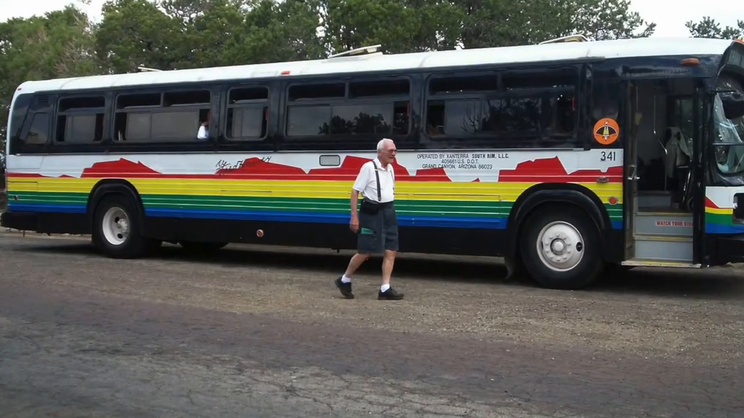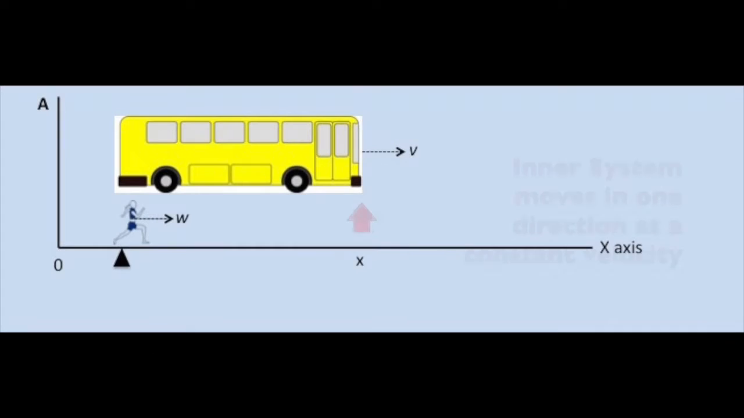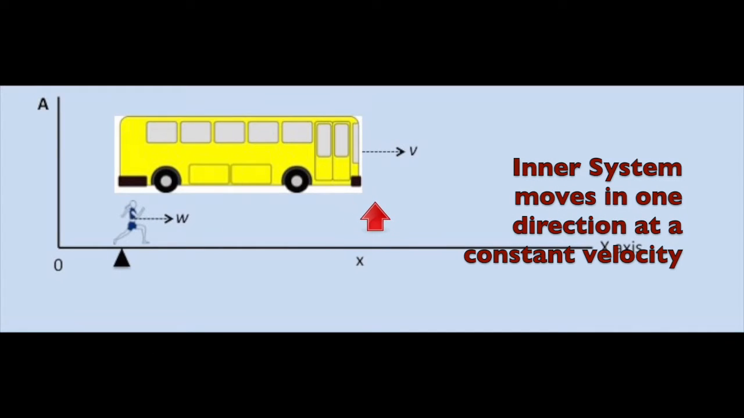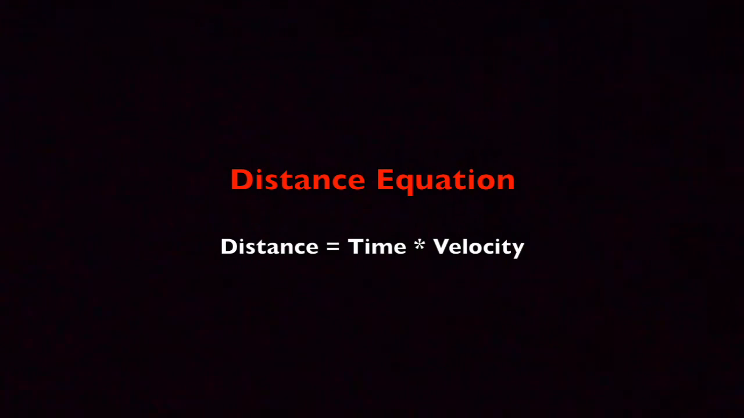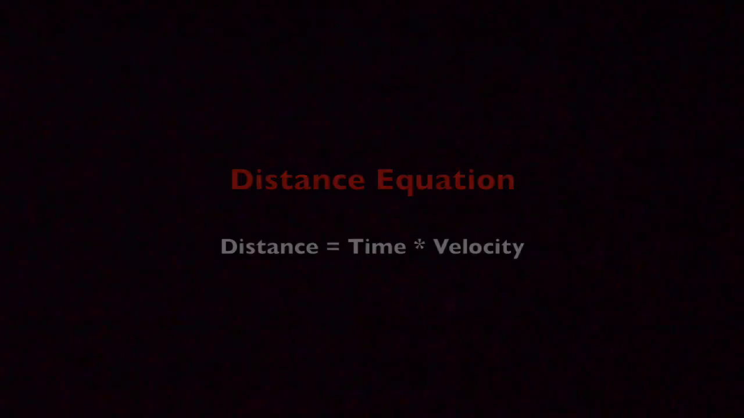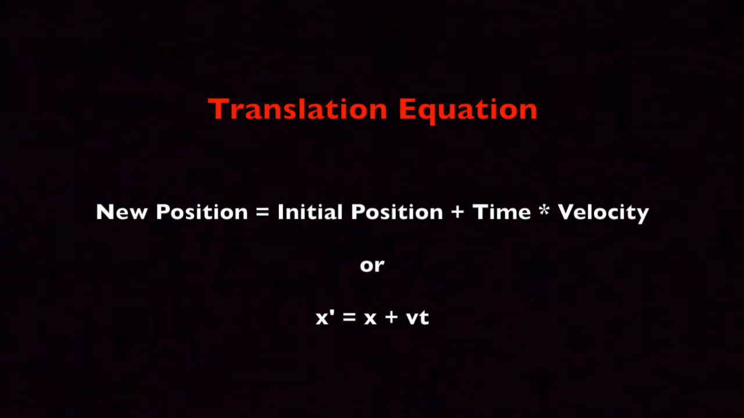I begin by placing the bus and the man on the street, forming a non-nested relationship. Now we put the bus in motion from left to right at a constant velocity. As explained last time, we can find out how far the bus moves by using the distance equation. Distance equals time times velocity. And when we add a distance to an initial position, let's call it x, we get a new position, x prime. This equation is called the translation equation, and it is one of the most important equations associated with classical